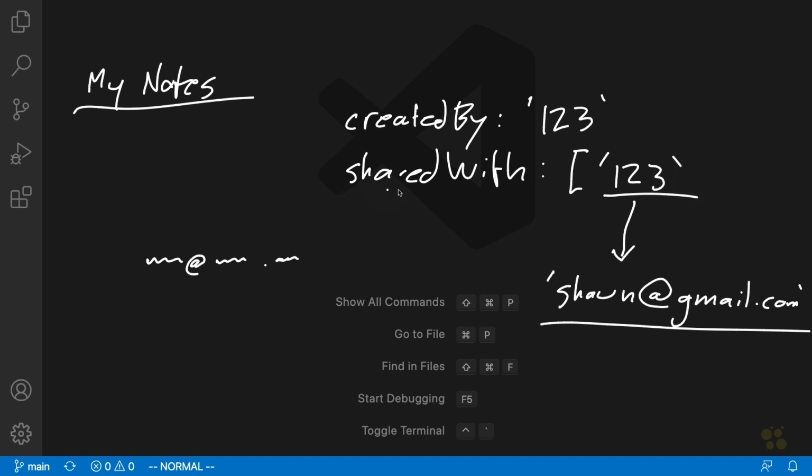instead of storing just an array of single values in this shared with property, we could actually store objects that contain both the ID and the email, as well as whatever other information we might need. Now, this does add a little bit more complexity because we would have to make sure that those things are kept in sync. If a user were to update their email and we were storing this in an object like this, with ID and email, that just makes it that much more cumbersome to